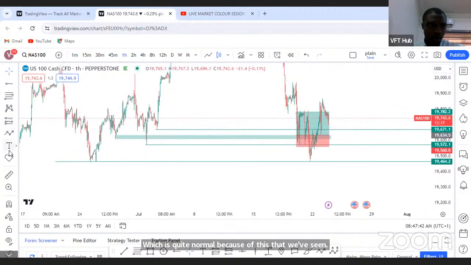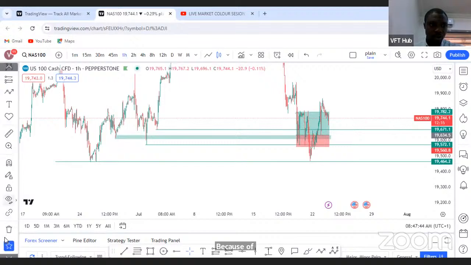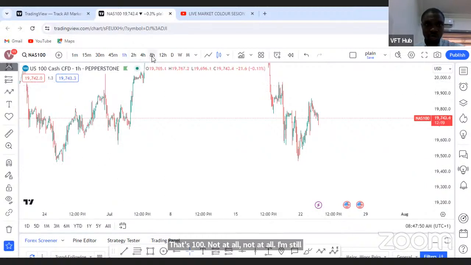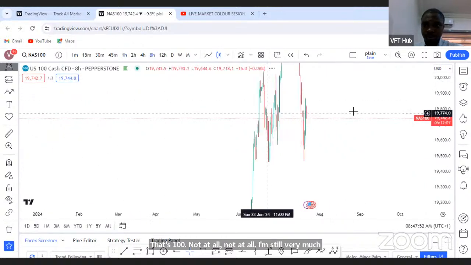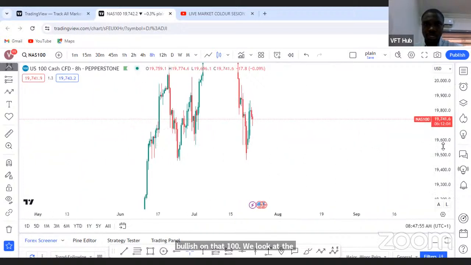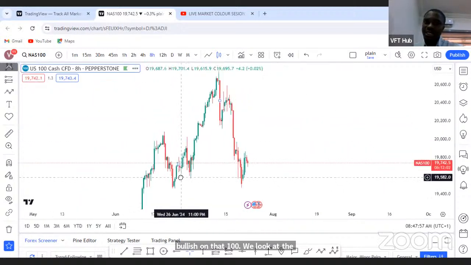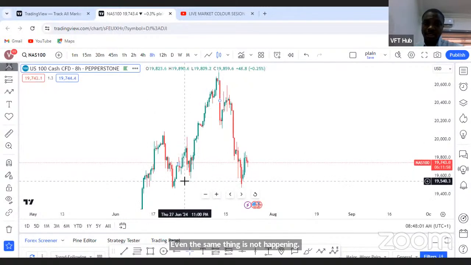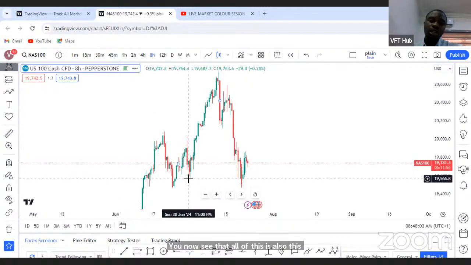So what am I looking for next? Have I changed my bias on NAS 100? Not at all. I'm still very, very much bullish on NAS 100. If you look at the higher time frame analysis, you will see that even the same thing is now happening. You now see that this level that was cleared served as structural liquidity on